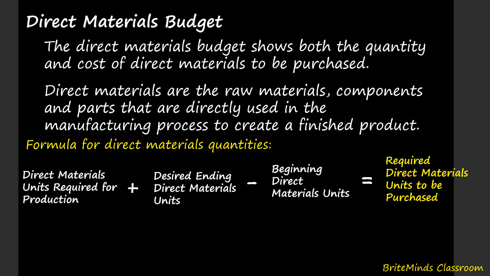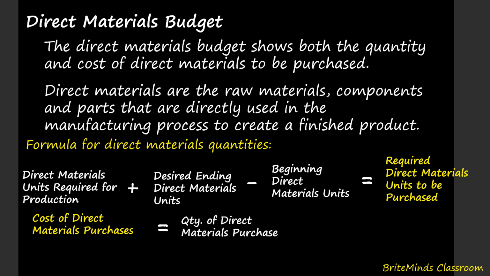Once the number of units to be purchased is determined, we can compute the budgeted cost of direct materials to be purchased. We also have this formula: cost of direct material purchases equals the quantity of direct material purchases multiplied by the cost per unit. Also take note, guys, that the desired ending inventory is a key component in the budgeting process. For example,